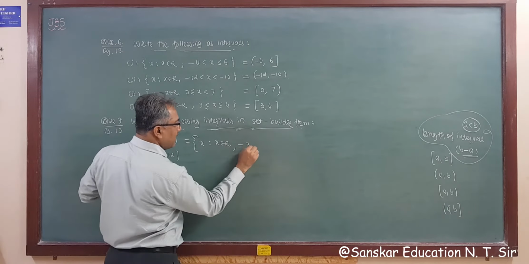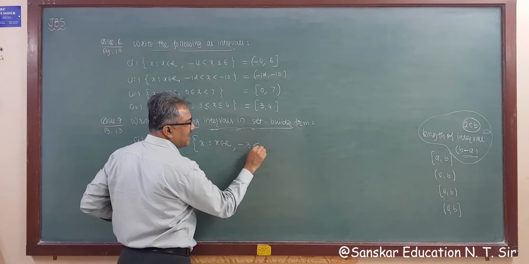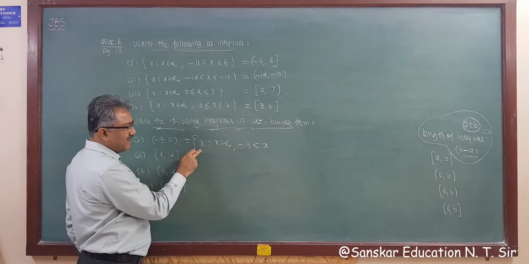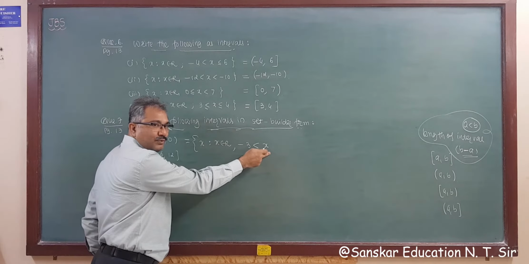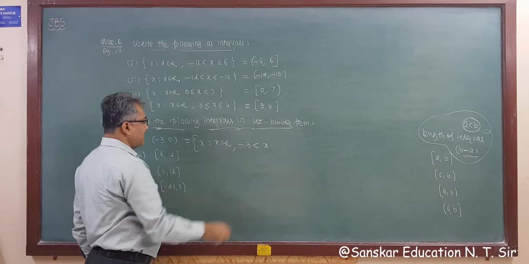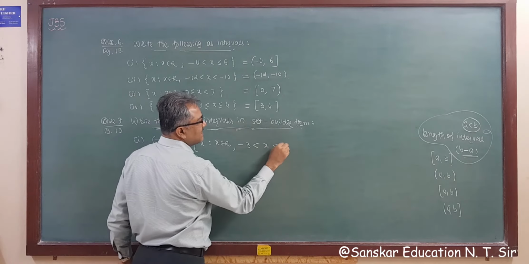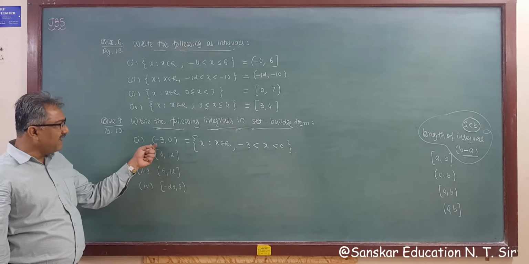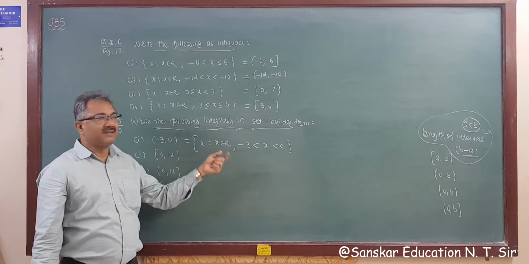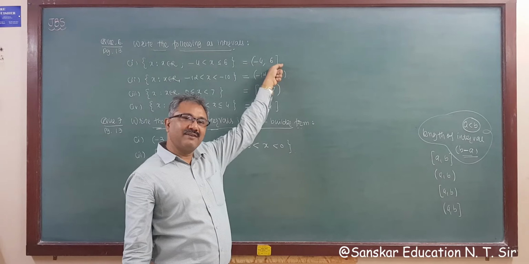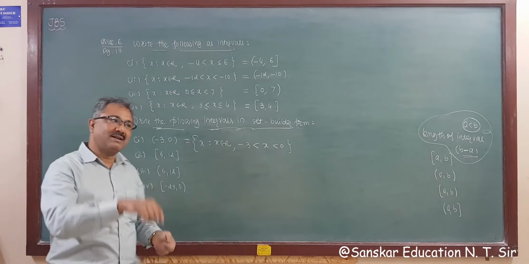Minus 3 not included, that is minus 3 less than x, because we take x here. If we take y here, then y belongs to R, and here we have to put y. If we take theta, then theta belongs to R, and here theta, right? Like this. So this is less than 0. So this is your interval in set builder form. Earlier a set builder form was given and we wrote the answer in interval; now an interval is given, so we have to do the converse.